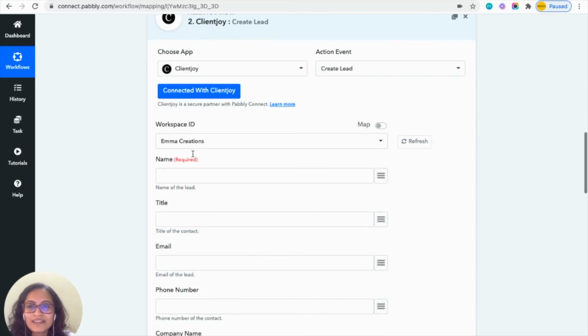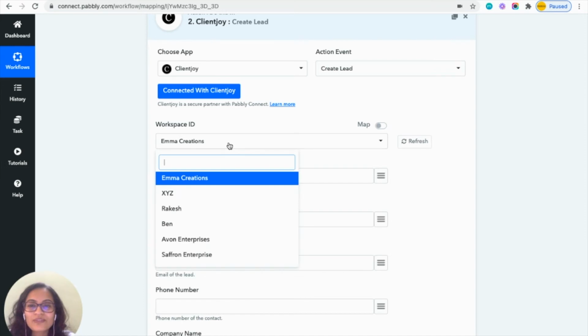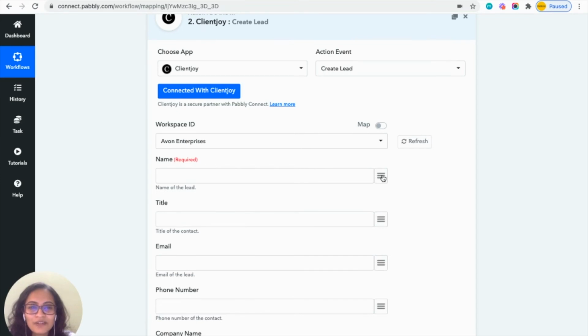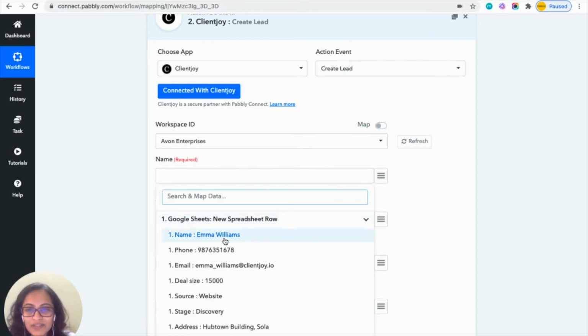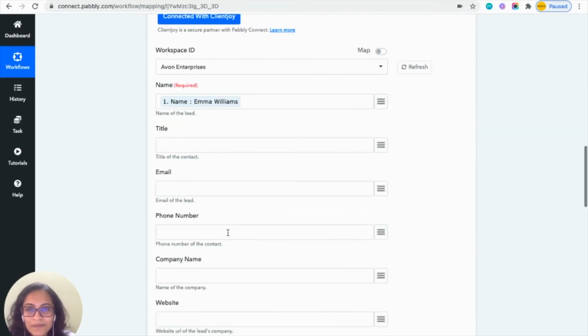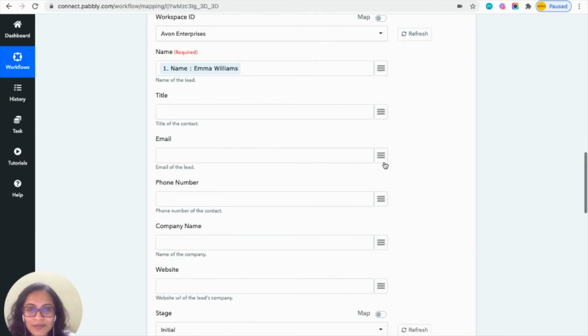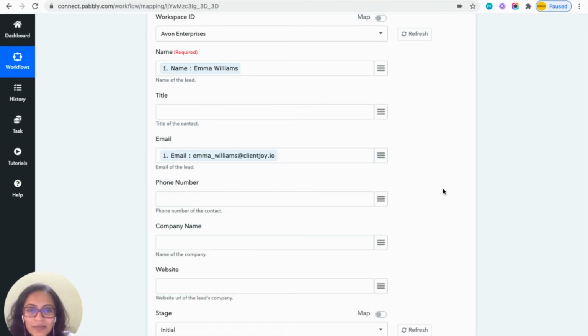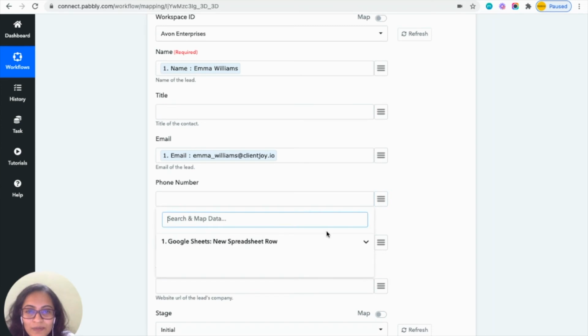So once done, here you can see that you will be able to see the workspace ID. So you can also choose in which workspace you want this new lead to be created. So I'm going to choose Avan Enterprises. From here you can choose from the spreadsheet. I'm going to choose the name. Title I have not mentioned, so I'm not going to mention the details. Email ID. So you can enter all the details that is available in your spreadsheet as of now.